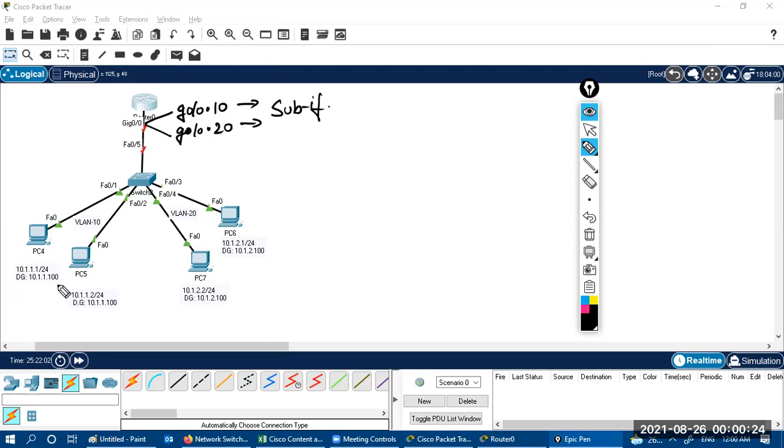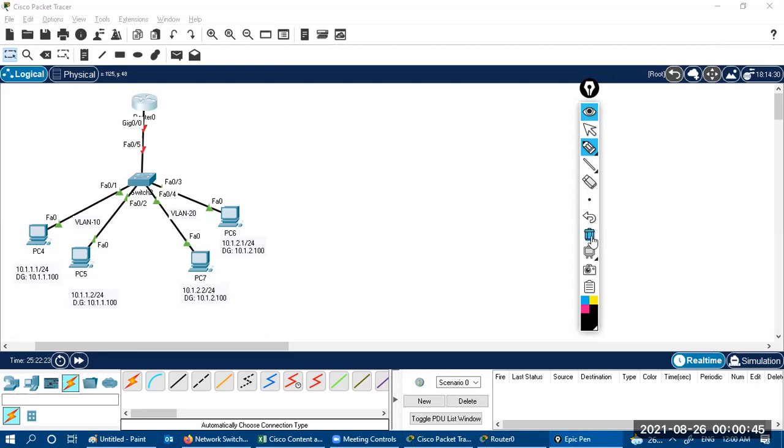How many sub interfaces can we configure? We can configure 2 raised to the power 32 sub interfaces. That means we are allowed to create 4.2 billion sub interfaces. But in this example, we require only 2 sub interfaces.